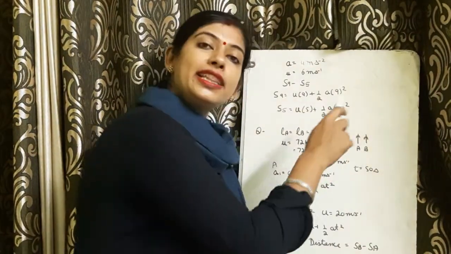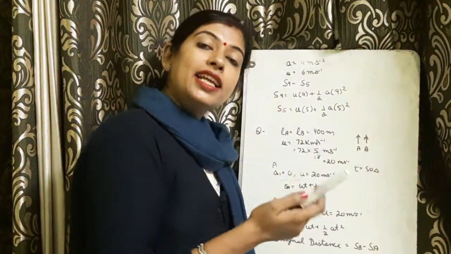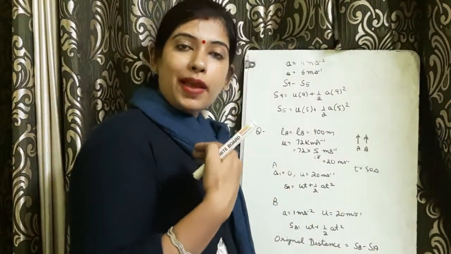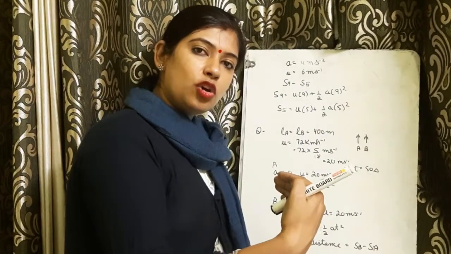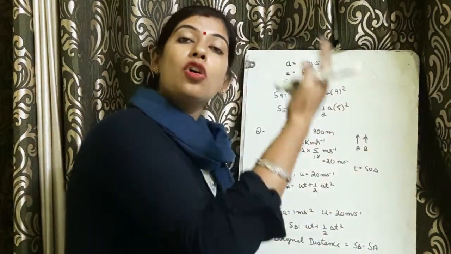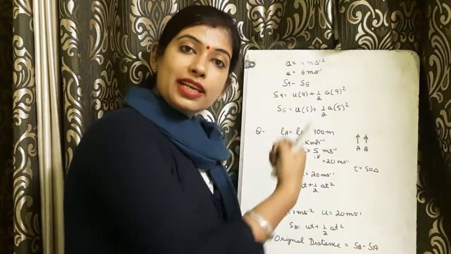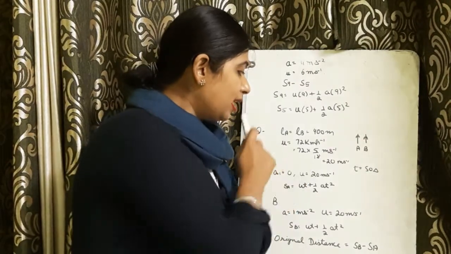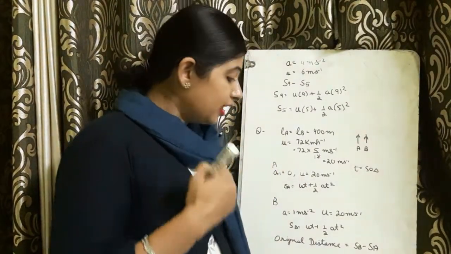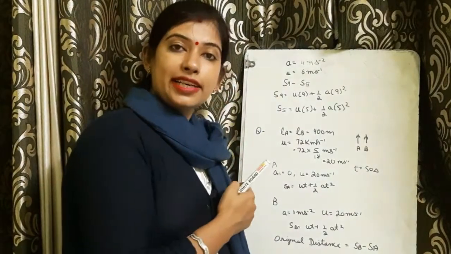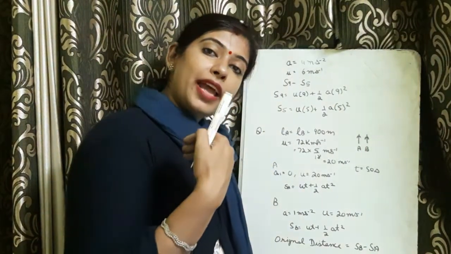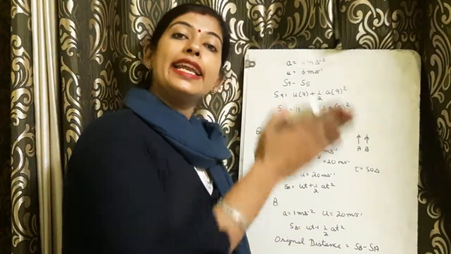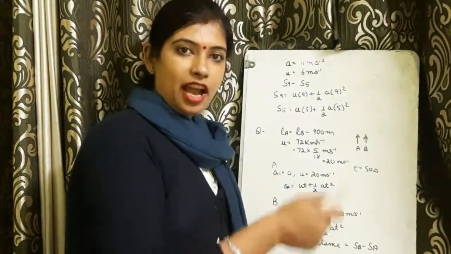Earlier, train A was ahead of B. Then the driver of train B decides to overtake the train A. Earlier both trains were moving with uniform acceleration, but now if B has to overtake, he has to increase the speed. So B accelerates the train by 1 meter per second square. And after this acceleration, it overtakes the train A fully in 50 seconds. This is our scenario.